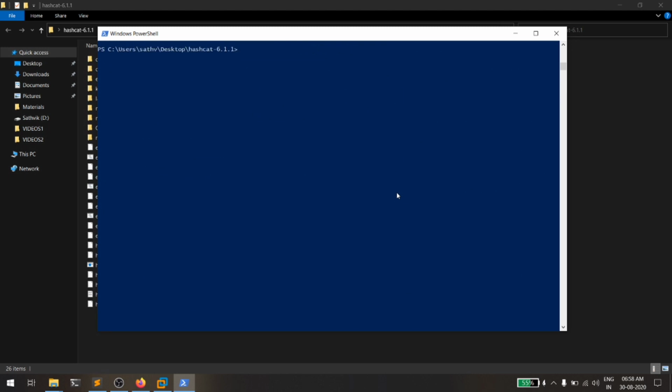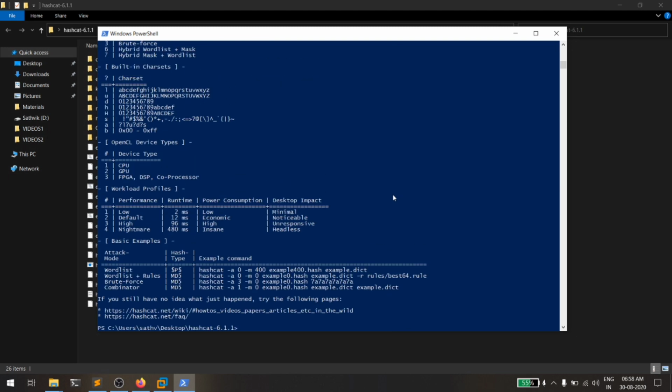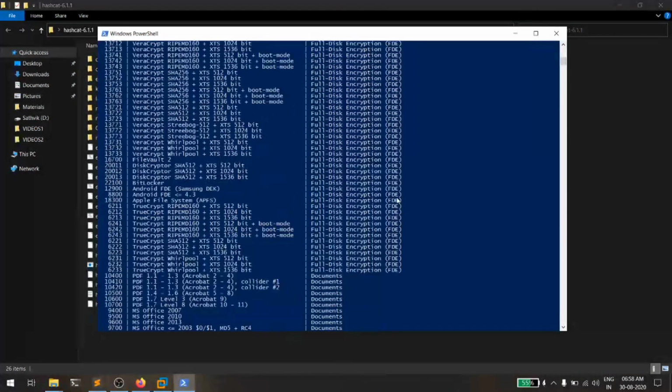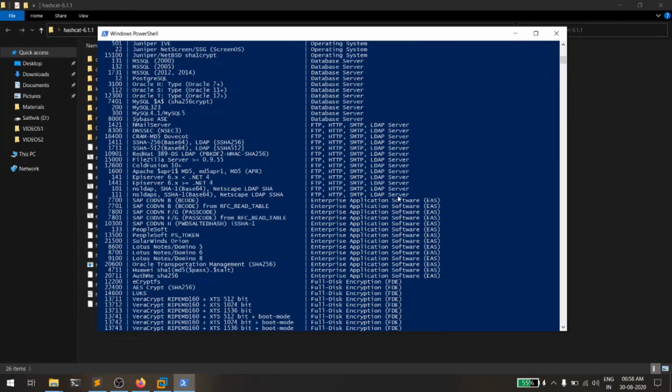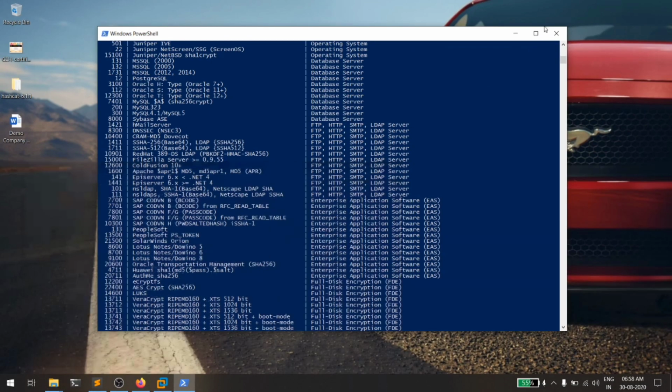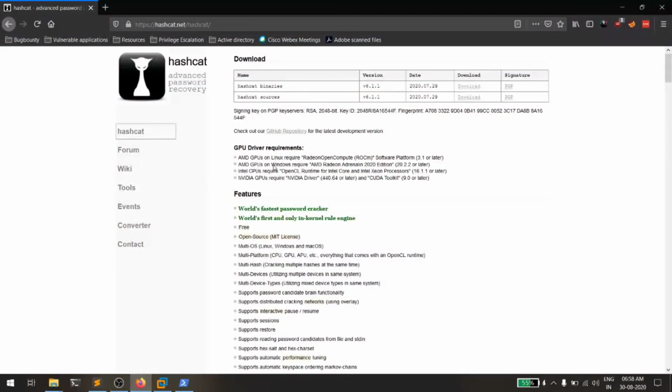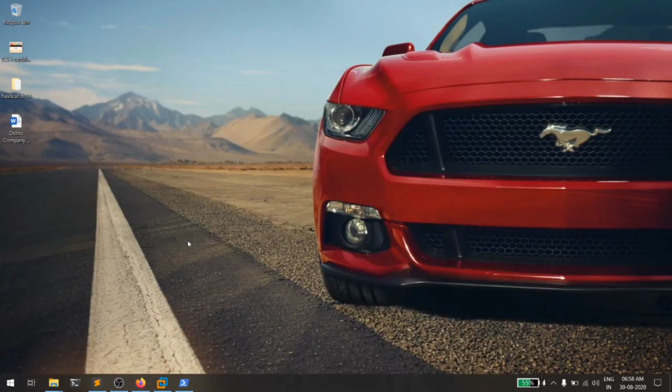Since I'm demonstrating an example, I tried to use simple things, but this is not always possible because people use different kinds of passwords. So guys, this is everything regarding Hashcat and how you can crack any password hashes. Find the hash, know what type of hash it is, and simply use the option, done, fine.